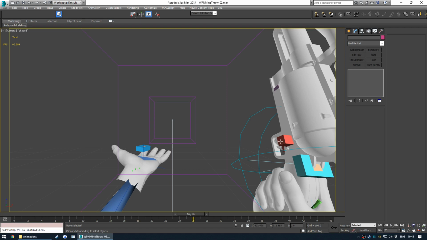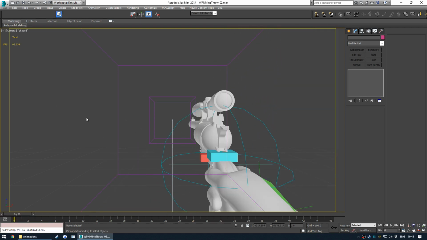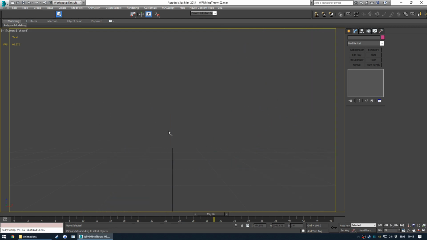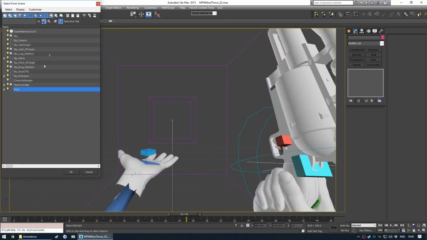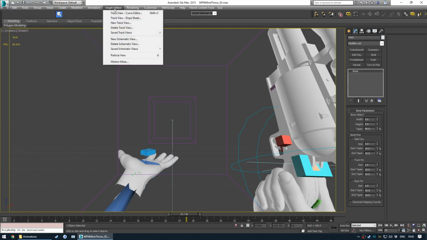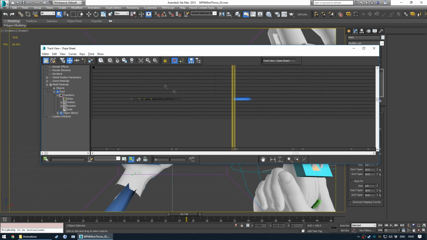I've also realised I didn't take my trigger off the finger for this. That's bad. At least I'm pointing at the sky and not at anything important. I'll try and remember to fix that later. Let's take a look at the annotations. So again, hit H to select from scene. Let's go to the dope sheet. And we have